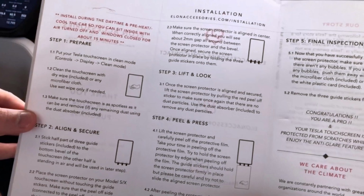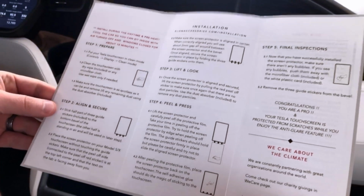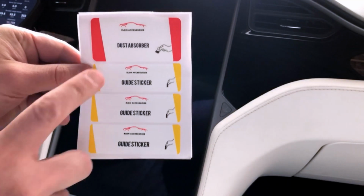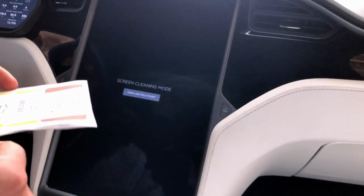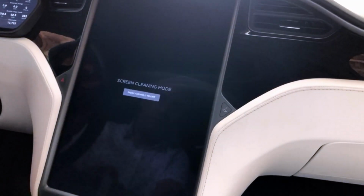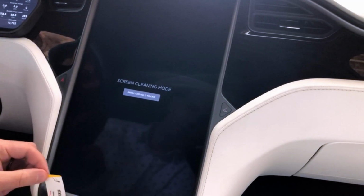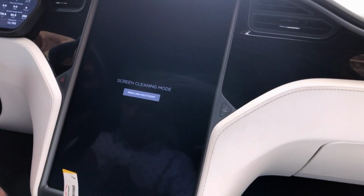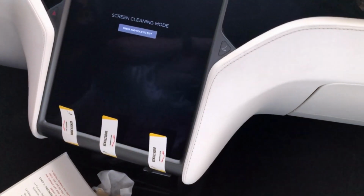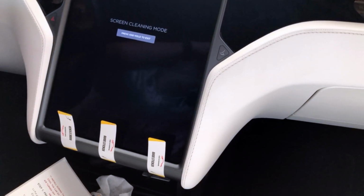So we've got our instructions here. Step 1 is prepare, step 2 is align and secure. Stick half part of 3 guide stickers included to the bottom bevel of the touchscreen. The other half is standing in the air and will be used in a later step. So what they're talking about are these 3 guide stickers. We're going to take half of those and stick them to the bottom bevel on the screen. We'll make sure you can see those. You see I just stuck them to the bottom of the screen, the bevel that's around the outside,